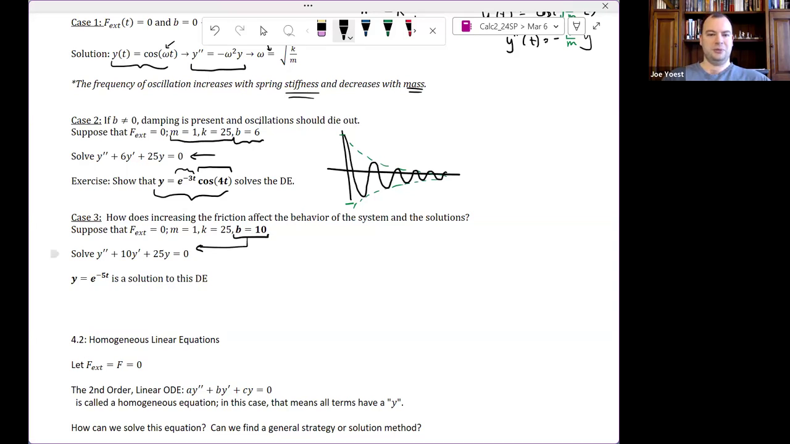If I look at an example like this, y double prime plus 10y prime plus 25y, changing this 6 to a 10 actually completely changes the nature of the solution. A solution is just something like y equals e to the minus 5t. In other words, my